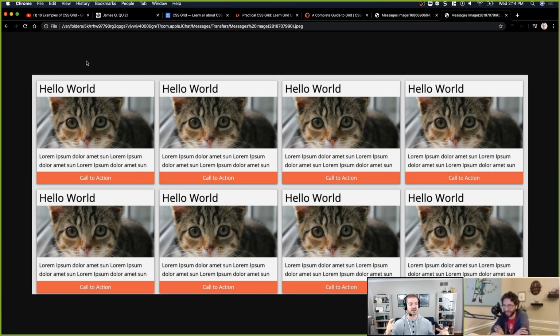So you've got a layout with different cards with little kittens, a piece of text, and a call to action. I'm assuming there's a minimum width for your cards, so you want to lay out as many cards on the screen as possible, using minmax.